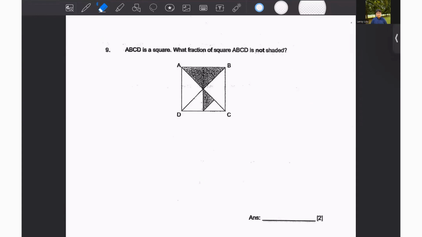Question 9. We're given that ABCD is a square. What fraction of square ABCD is not shaded? Okay, so you look at this square ABCD. You can see that it's actually split into 4 triangles inside. So let me highlight the triangle that it is split into. Basically this square is split into 4 of these yellow